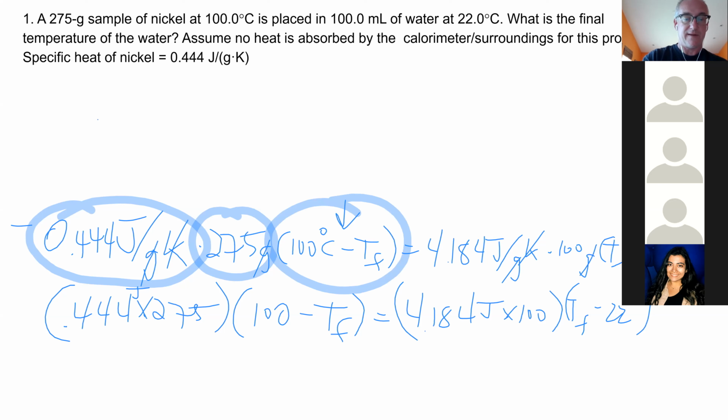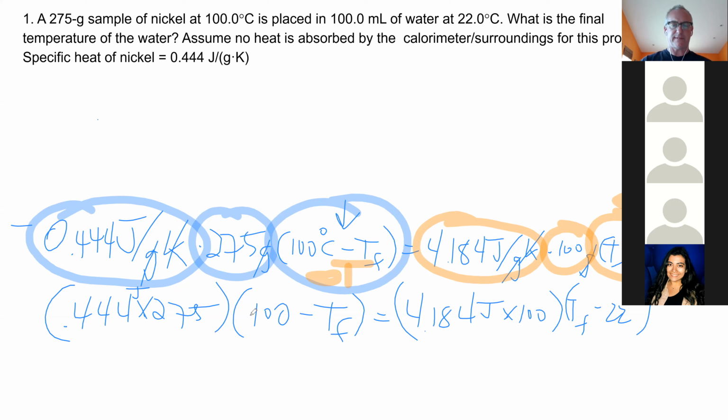Now, on the other side, here's our specific heat for water, the mass of the water, and the temperature of the water, the delta T. This is the delta T for nickel, and this is the delta T for water. So they're going to be different. The delta T for